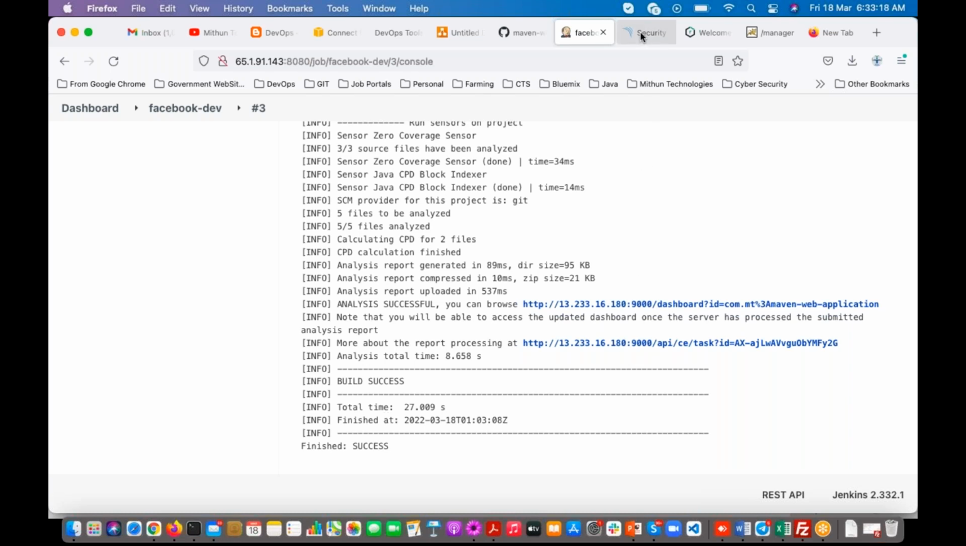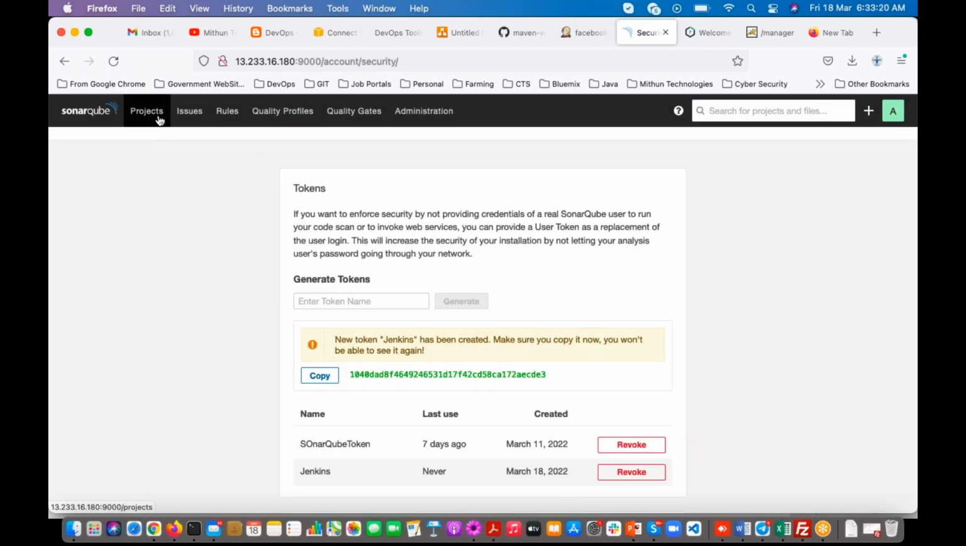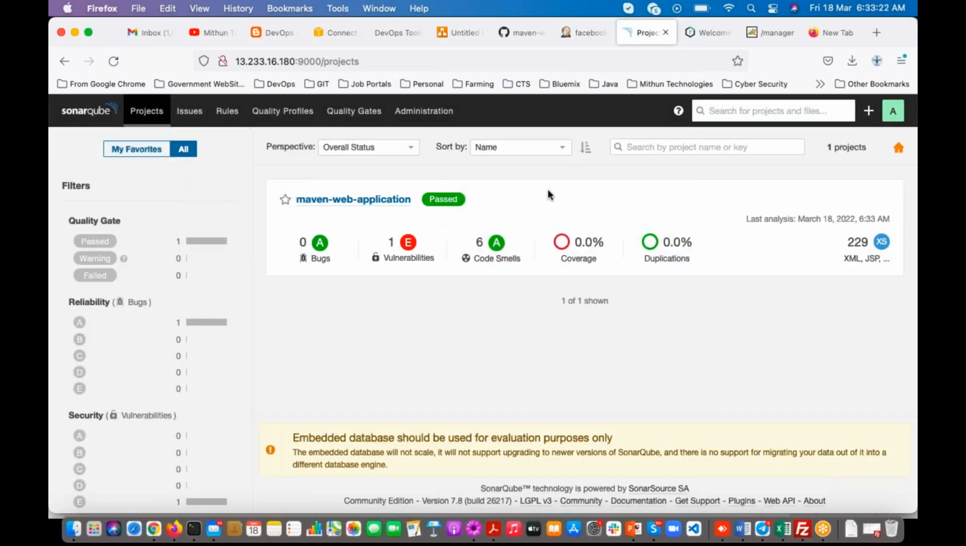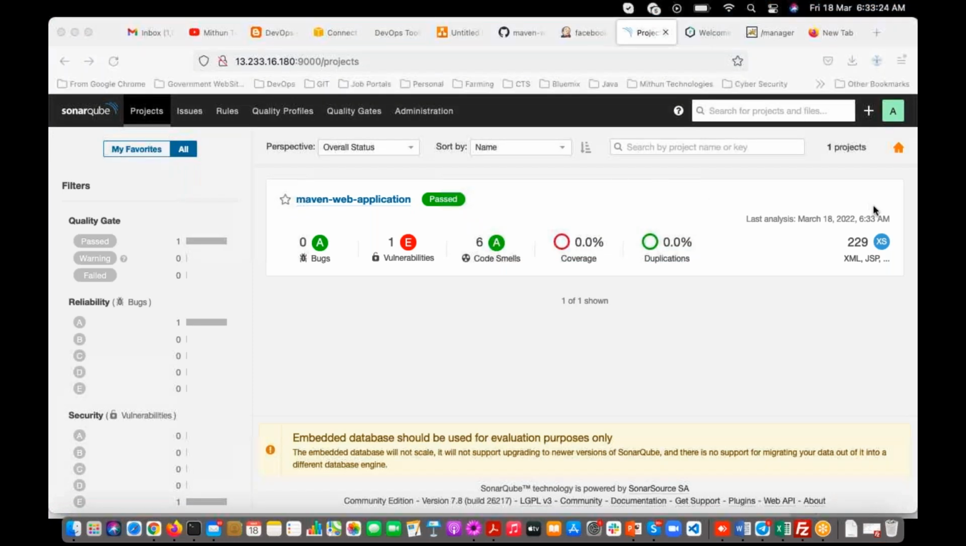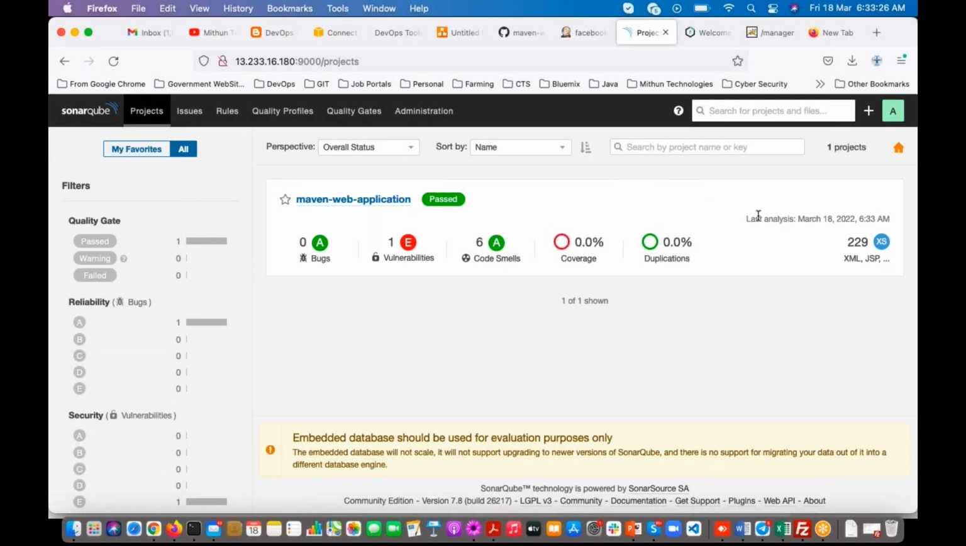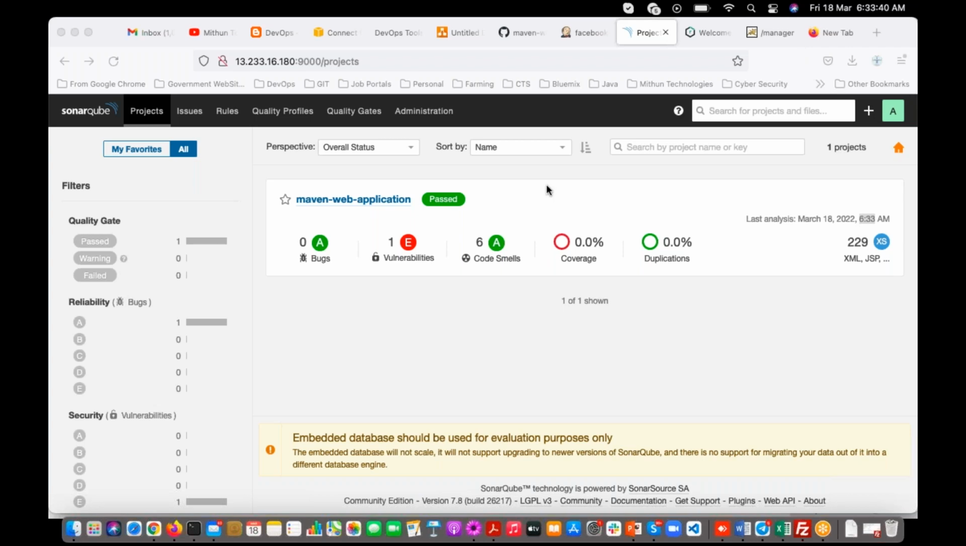Now, if you go to your SonarQube server dashboard, click on this Projects tab. See, it is showing. Just observe, last analysis March 18th, 2022, 6:33 a.m. IST. Right. So like this, we can integrate the SonarQube server details and we can execute the SonarQube report